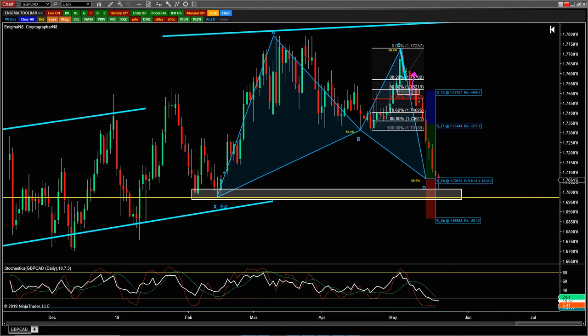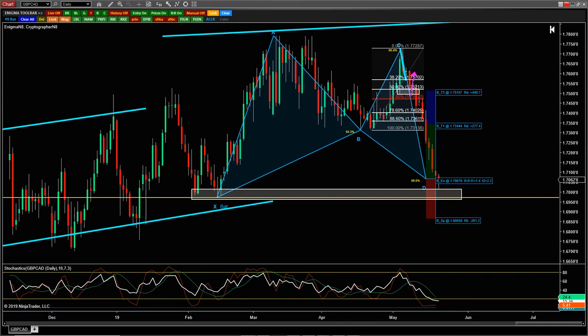I'd rather have a bad entry with a great prediction, because the prediction is what makes you profit, right? Price hitting your targets before it goes to the level that hits your stops. You may not be in there with the ideal entry, whatever ideal is, but I'd much rather have that versus a great entry, but I'm wrong in my prediction. Now, of course, you can say, well, I can just have both, and that's certainly possible. But if I had to choose one or the other, again, I just want to be involved in the move.